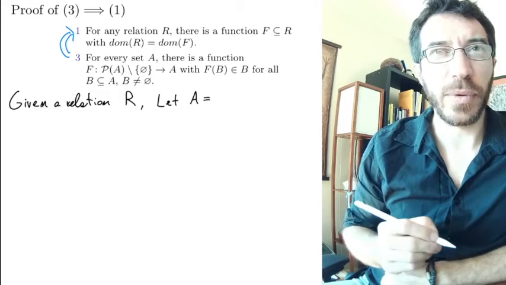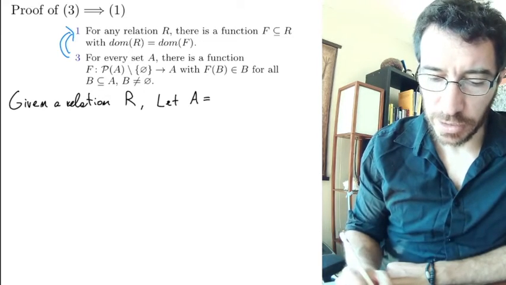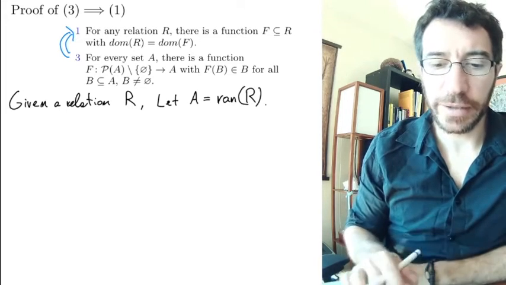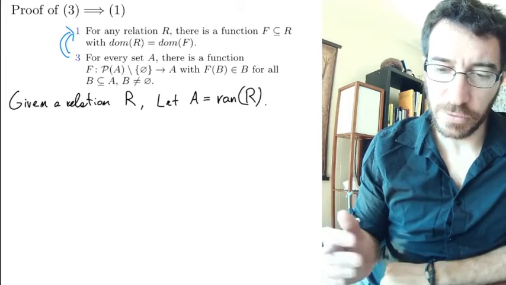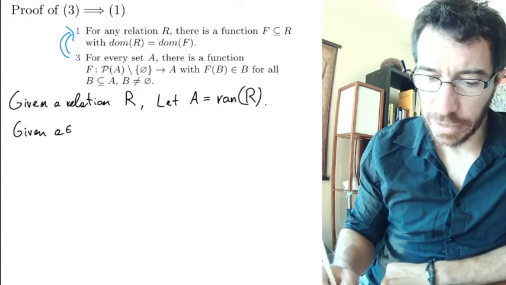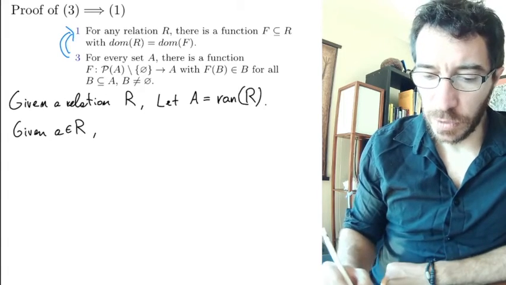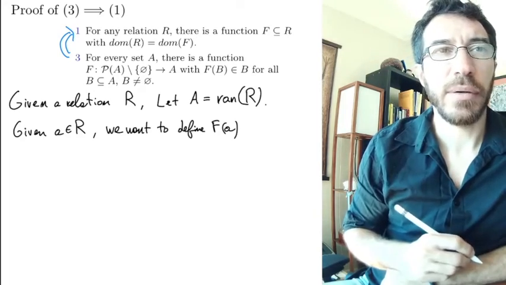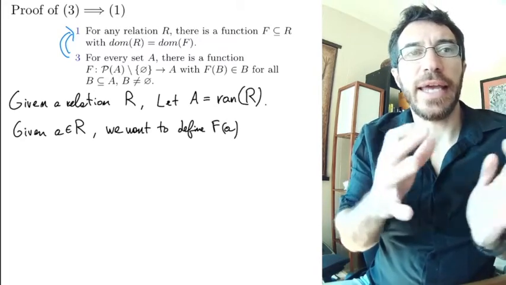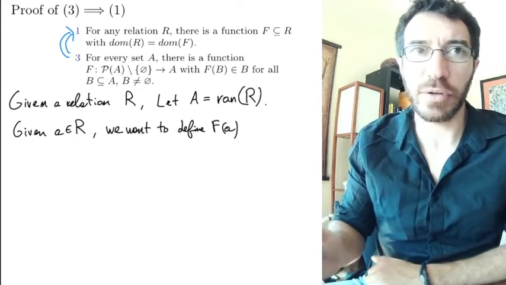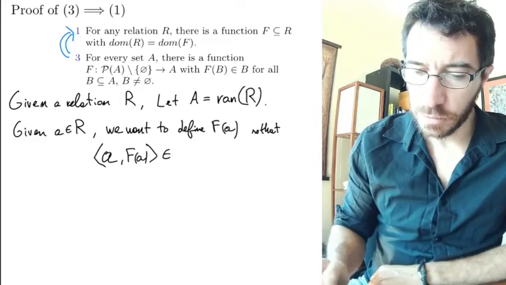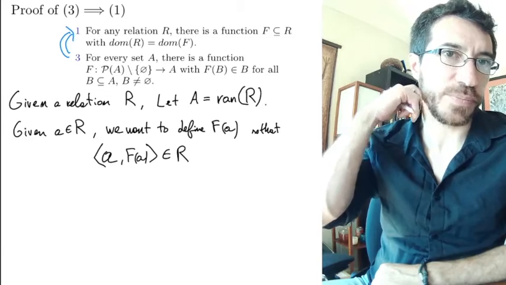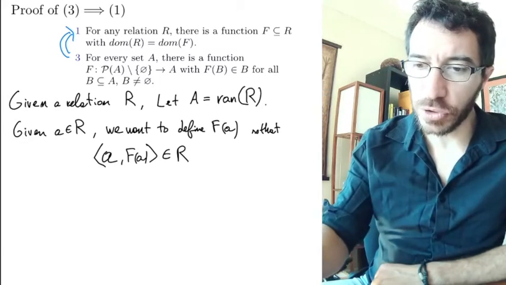All we're going to do is let this be the range of the relation R. And now what we're going to do is the following. So for little a in A, we want to define f of a, but we want it to be such that a comma f of a belongs to the relation. That's what we want when we say that the function is a subset of the relation. So in other words, what we want